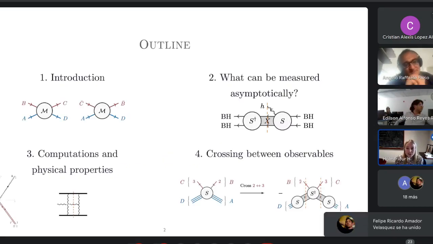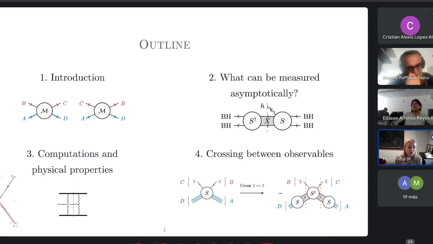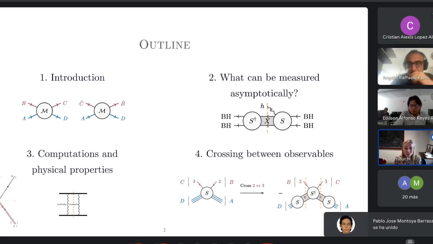So here's my outline today. I'll start with an introduction, basically about what crossing symmetry is. We'll see that 2-to-2 scattering, so a scattering of 2 incoming particles to 2 outgoing particles, is a well-studied problem since the 60s. But as we go to higher point scattering, for example 2-to-3 particle scattering, it was almost unexplored territory. And what we'll find when we start looking into that is that we'll be forced to look at more general observables than scattering amplitudes.